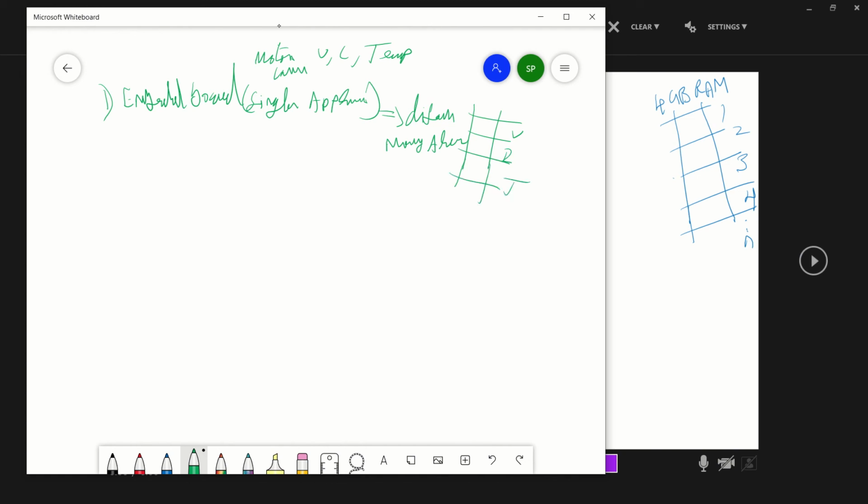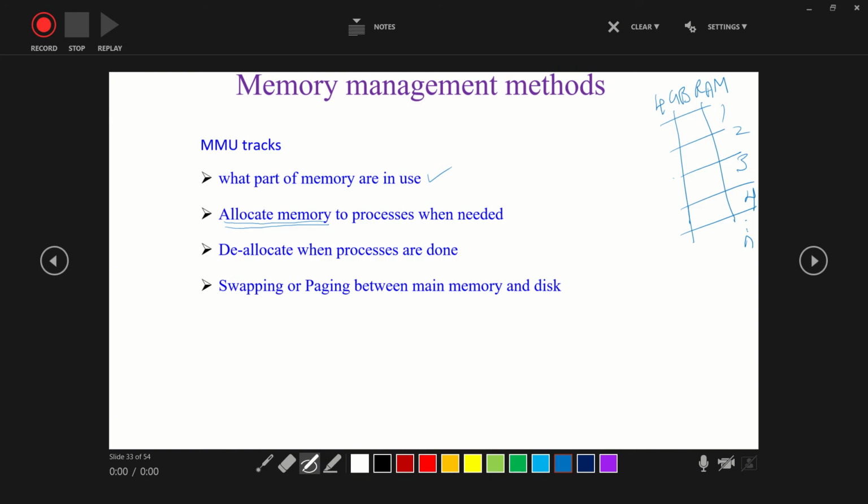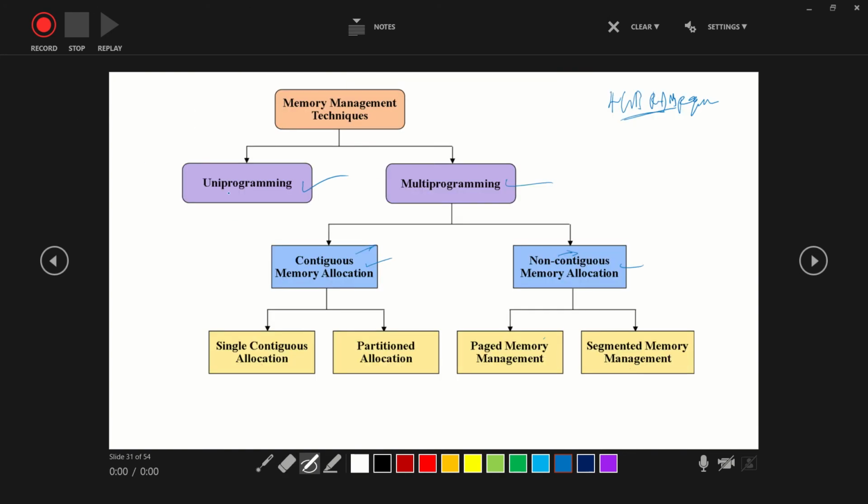Instantaneously, each and every process. I also assume multi-threading: this is one thread T1, thread 2, thread 3. So this is a single process, but threads 1 to 3 make up the entire process, which is one process. This is some type of memory allocation. At the same time, it is multi-programming. Please see the slide: uni-programming or multi-programming.